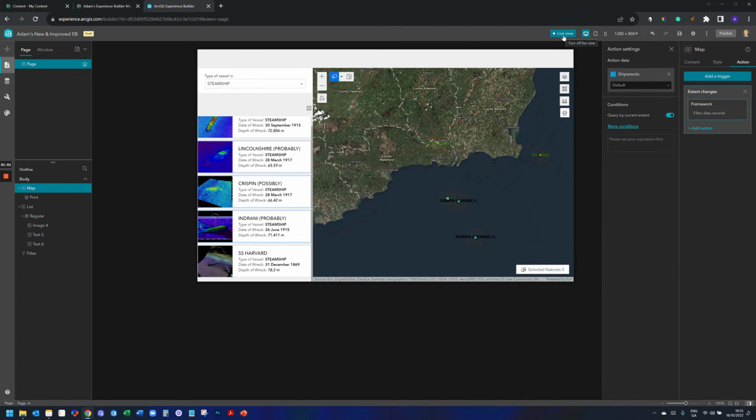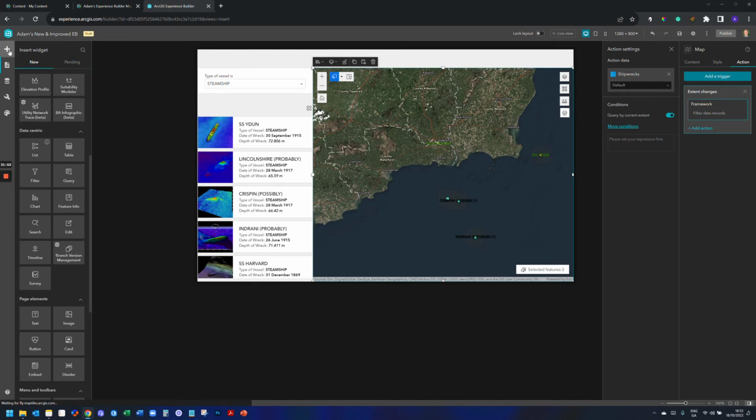If I want to go back out of this now, I click live view, and let's have a look at some other different tools. Table is quite interesting. We'll get to that in a second. But in terms of filtering, you have different options here. You can query it, the exact same thing as a filter, just a different interface. You can have feature info,